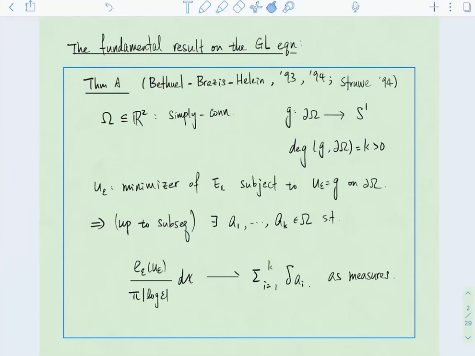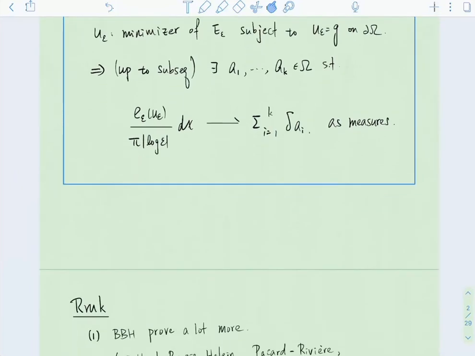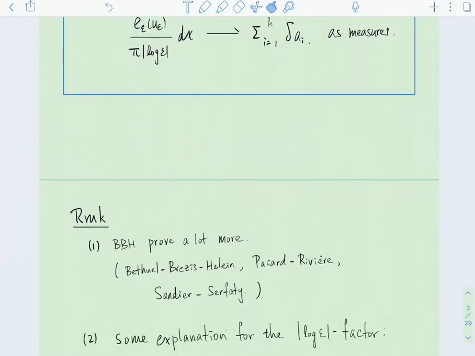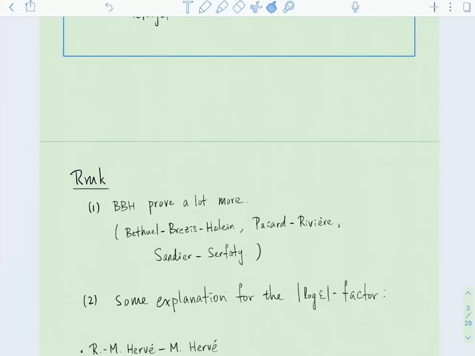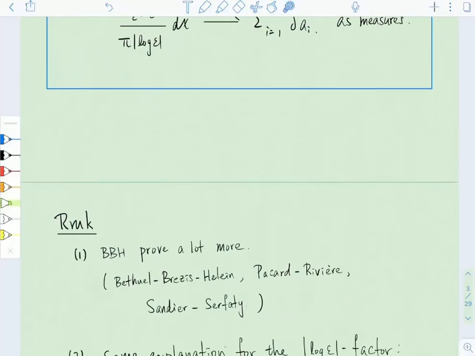Now let me make a couple of remarks. So first of all, like I said, they proved a lot more. And if you are interested in the analysis of these Ginzburg-Landau type equations in two dimensions, then I refer you to the following monographs, which could be very good starting points for